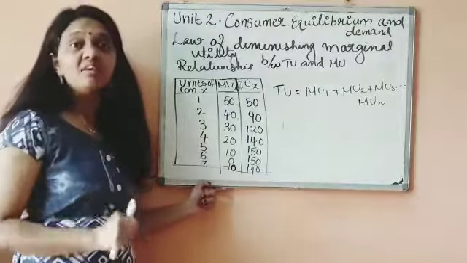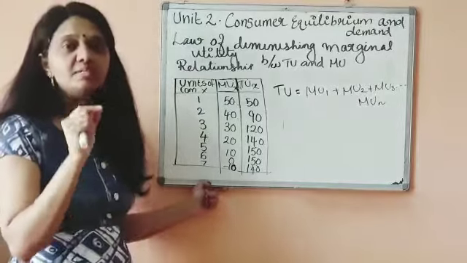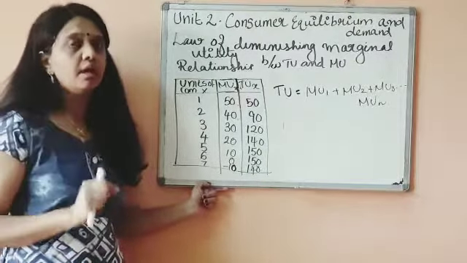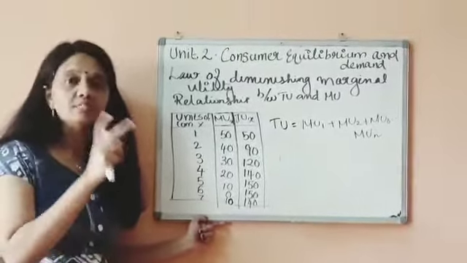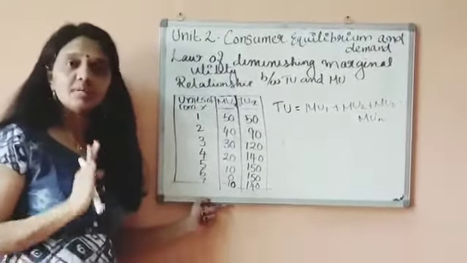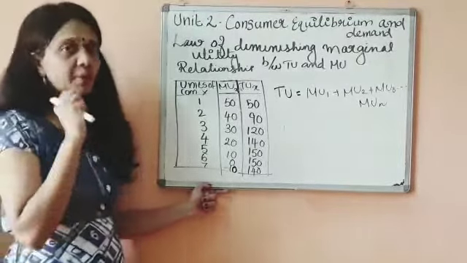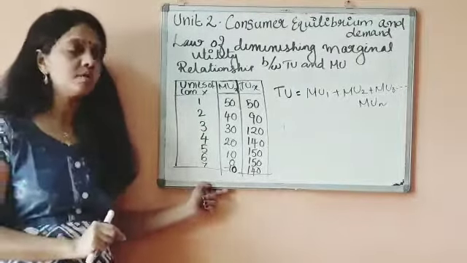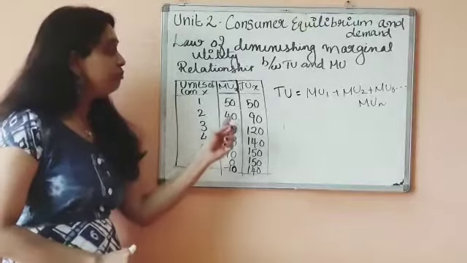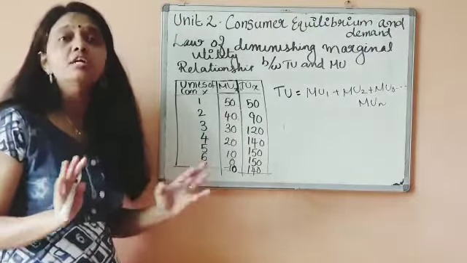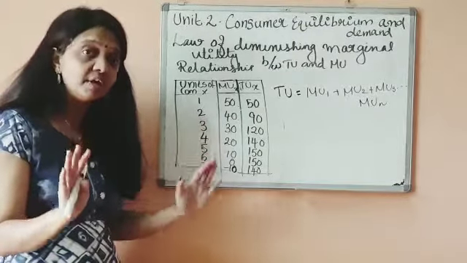How will chapati work in the law of diminishing marginal utility? Just imagine you are very hungry and you went home. You asked your mother, I want something to eat. Your mother started making chapati. The first chapati you got gives 50 utils because you are so hungry, so the satisfaction will be very high.